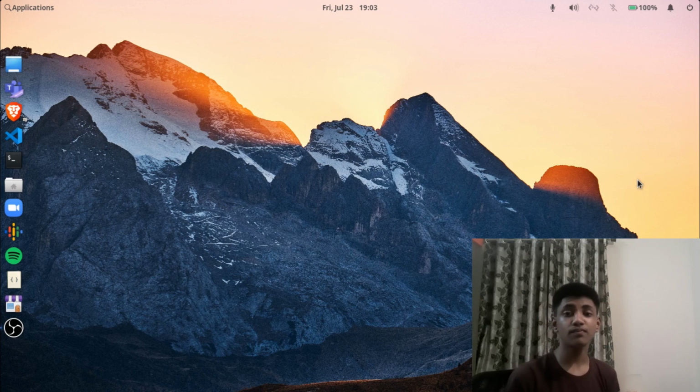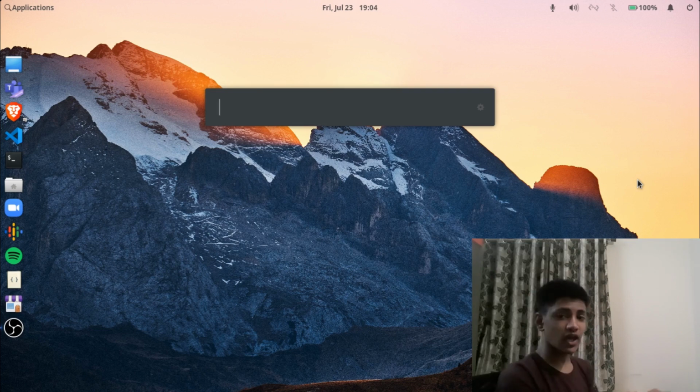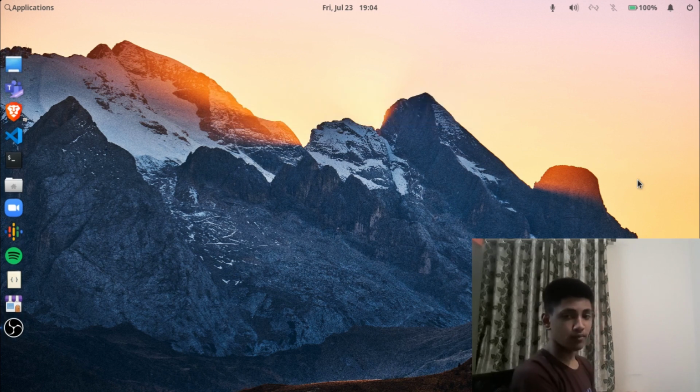But the real power, you can say, of ULauncher comes from the fact that its functionality can be extended with loads of extensions. So for example, let me just open up ULauncher, and it can be set to a custom keyboard shortcut, keyboard hotkey. So I've set it to super space on this thing.